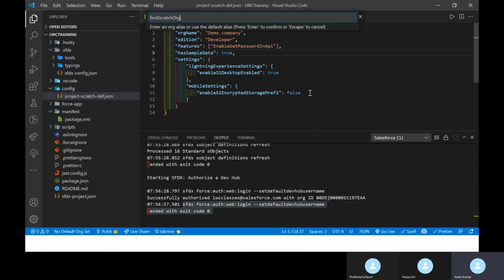All the steps and processes are the same in any sandbox and any production environment. There is no difference between sandbox and production with the help of an SFDX project. All the commands are the same.